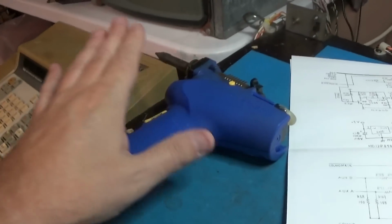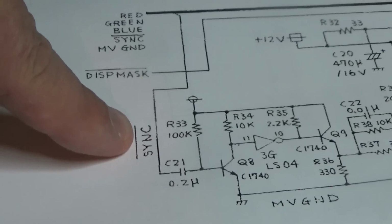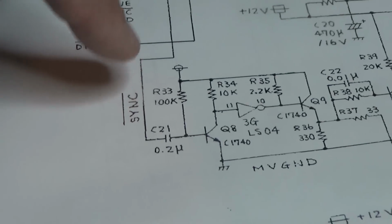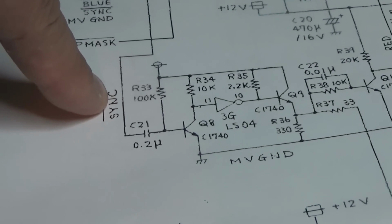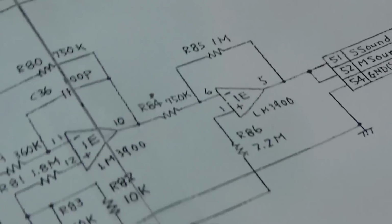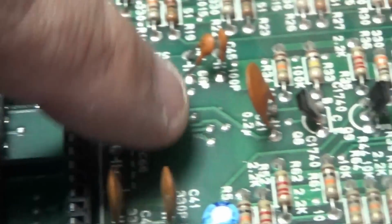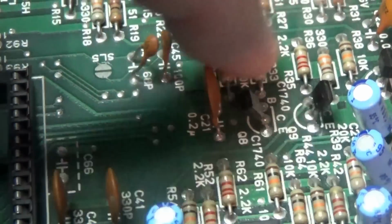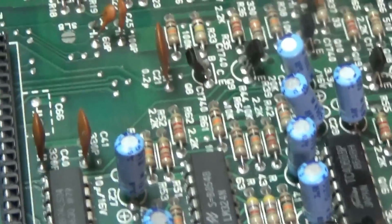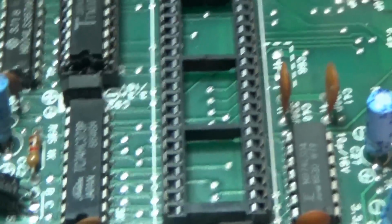I just started going over the schematic and doing some beeping. I got this out because I thought I had a problem with my socket. Here's where the sync comes in, and it goes through this capacitor. And I had no continuity from pin 21, which is the sync pin on the PPU chip. Pin 21 comes all the way down to here and goes through this capacitor. So basically pin 21 right here goes over to this leg of this capacitor, and then it goes through this transistor, and then comes over to the 04. I had no continuity from sync over to here, so I thought I had just done bad work